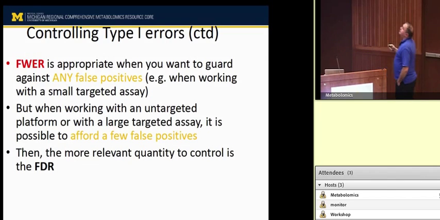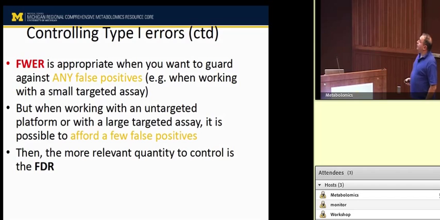So when you use this approach of the family-wise error rate, it is appropriate when you want to guard against any false positives. That's why I mentioned that this is a concept that is important when you have a small assay, because you don't have that many metabolites that you are examining, and you would like to control